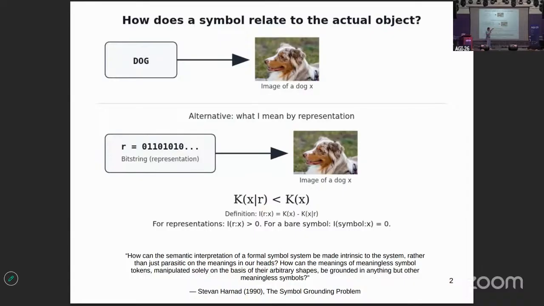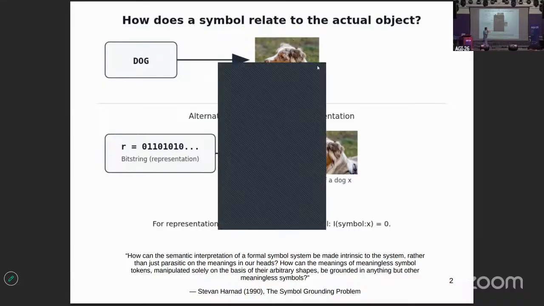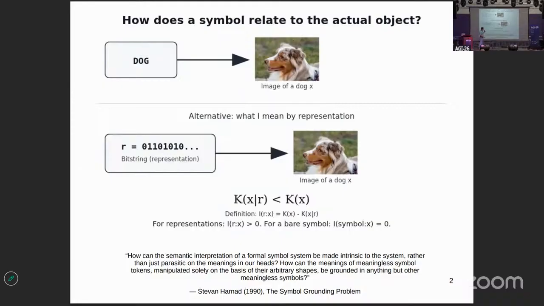So in the language of algorithmic information theory, the Kolmogorov complexity, which is the shortest program computing X from R, would be shorter than the Kolmogorov complexity of X, so the shortest program computing X. So in some sense, a representation has to be somehow helpful in computing that thing that it represents.